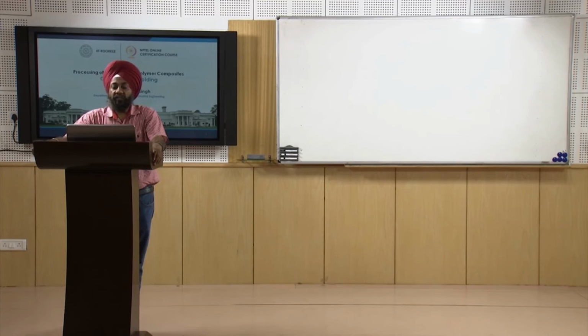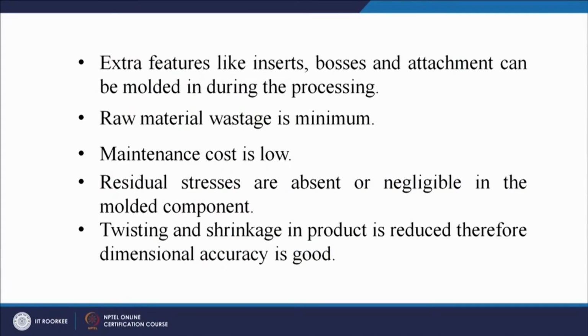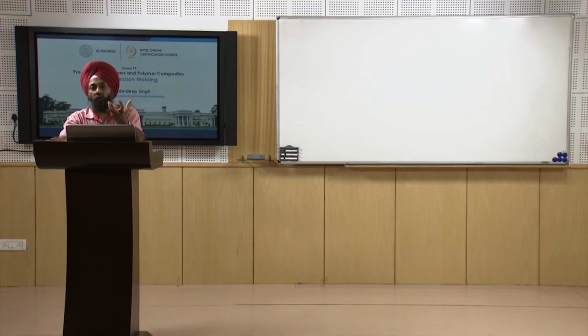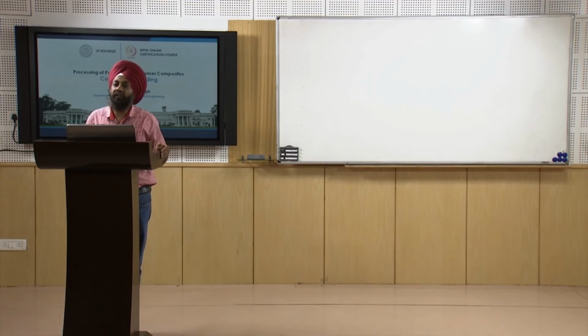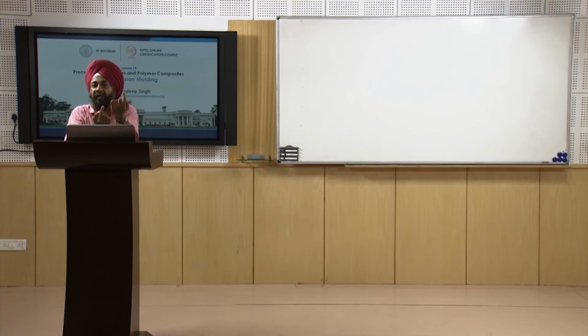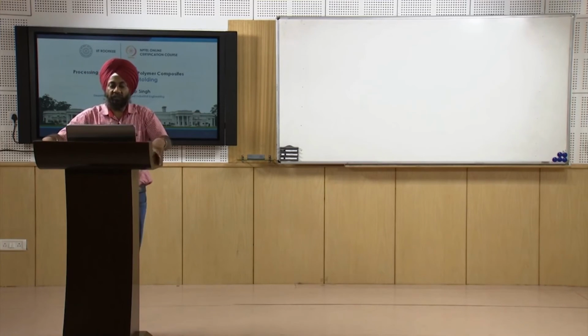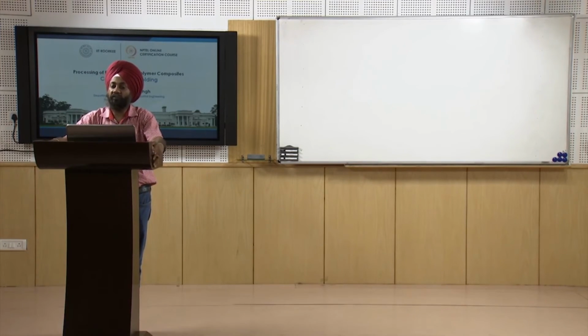Extra features like inserts, bosses and attachments can be molded in during the processing. As we have seen, we have to keep our raw material inside the mold cavity. If some inserts and other additional components or equipment have to be put inside the final product, we can place them at the desired position and then apply the pressure, so that extra features like inserts, bosses and fasteners can easily be put inside the